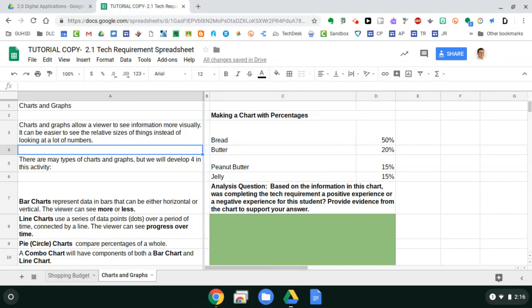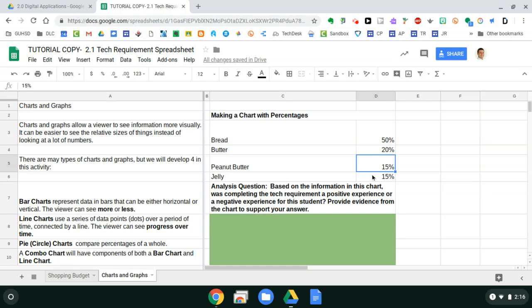In spreadsheets, you can also create what are known as charts or graphs to represent data. And in order to do this, you need to have some sort of data laid out. At a basic level, you should probably have some sort of a title, and you should probably have at least 2 columns. Whatever it is that you're measuring, probably some sort of a number of how much it is or what percentage